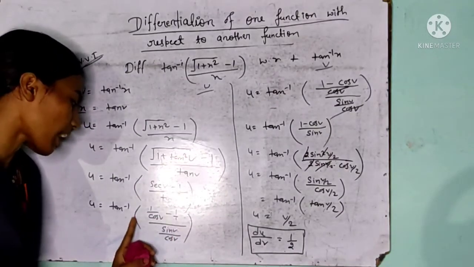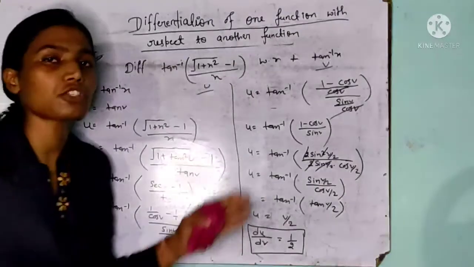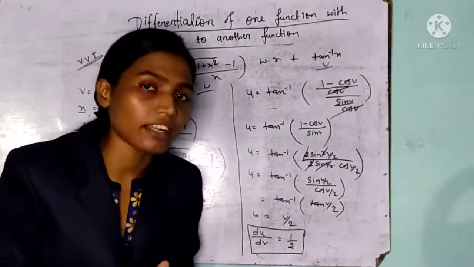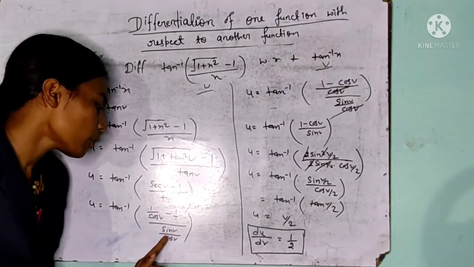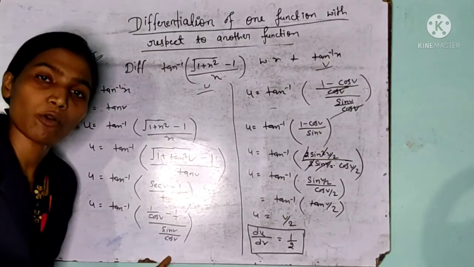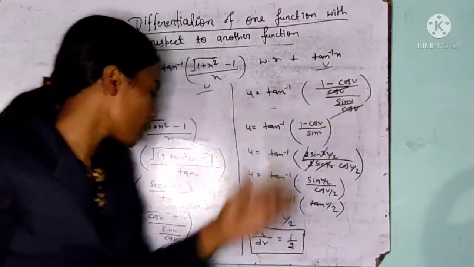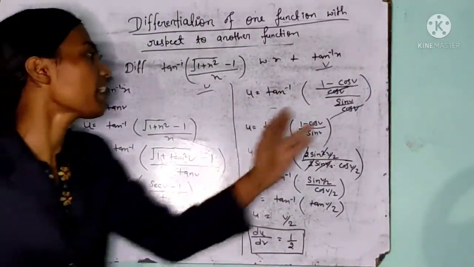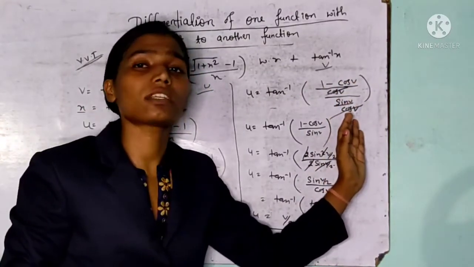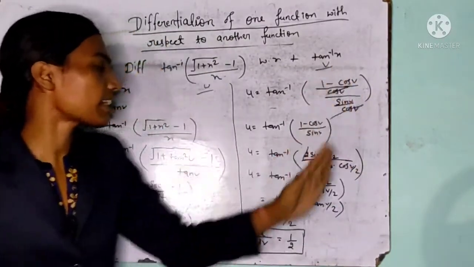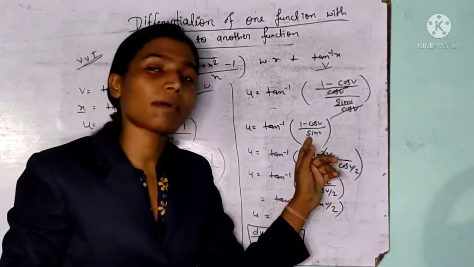Now u is equal to tan inverse of sec v. I can write 1 by cos v, because sec theta is equal to 1 by cos theta is the standard formula. So I can write here 1 by cos v minus 1 upon tan v, and tan v we can write as sin upon cos. Now see, u is equal to tan inverse of 1 minus cos v, because taking the LCM cos v, we get 1 minus cos v upon cos v and sin v upon cos v. Now cos gets cancelled. What happened? We get tan inverse of 1 minus cos v divided by sin v.